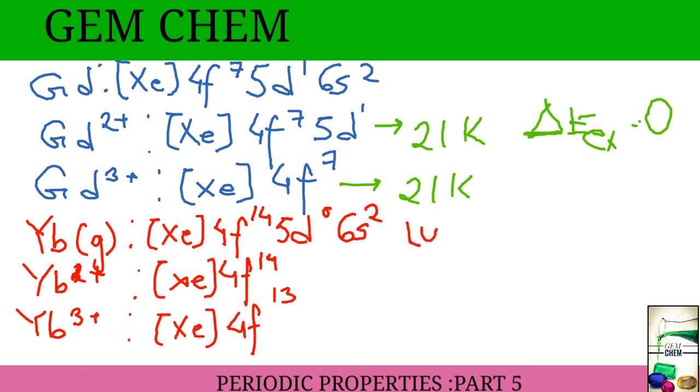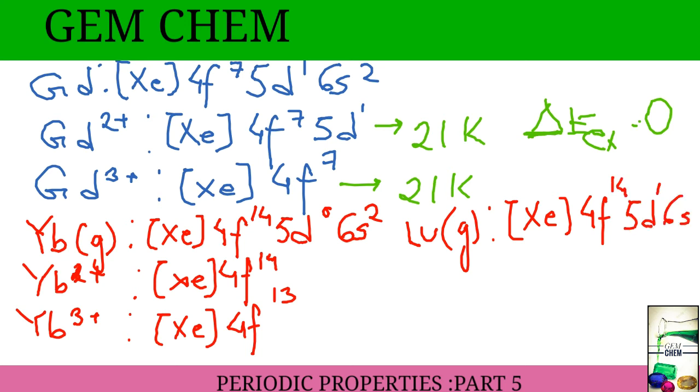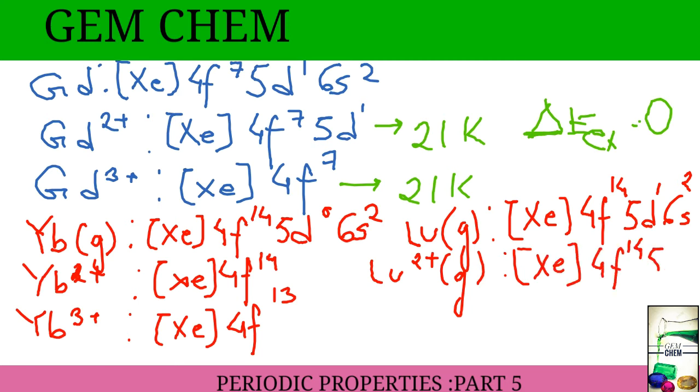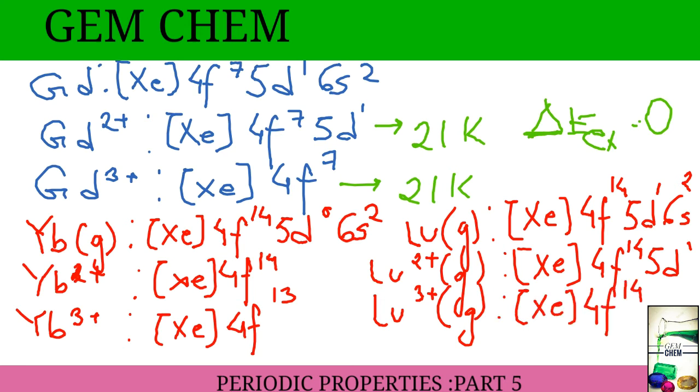And for lutetium, it is xenon 4f14 5d1 6s2, and lutetium 2+ is xenon 4f14 5d1. When another electron is lost, it becomes xenon 4f14, that is, it is gaining the fully filled f14 configuration, so the IP value will be less, and the